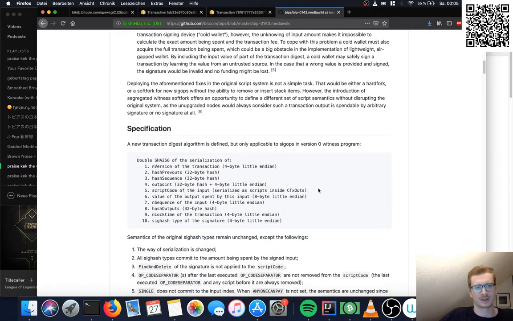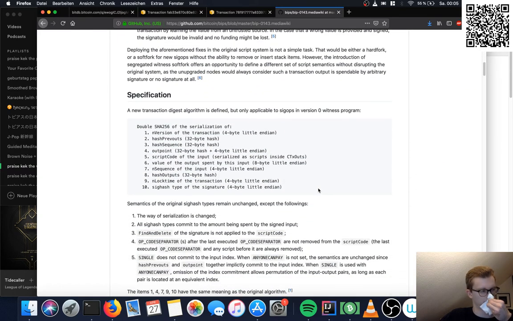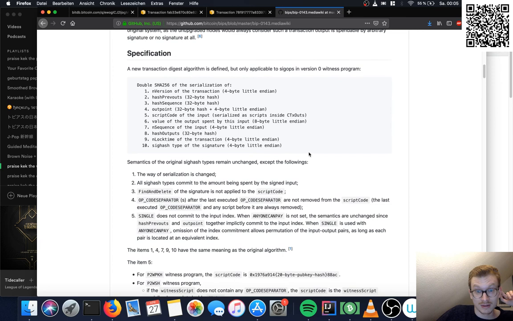This is actually for SegWit, but we use the same signing, just the type is different. But that's just a side note. The pre-image is those 10 things here. Most of them are pretty simple, like the version, the outpoint, which is the transaction that's being spent, the script code, which is the code of the output that's being spent, the value, which is the value of the output that's being spent, and so on. It all contains information about the output that's being spent.